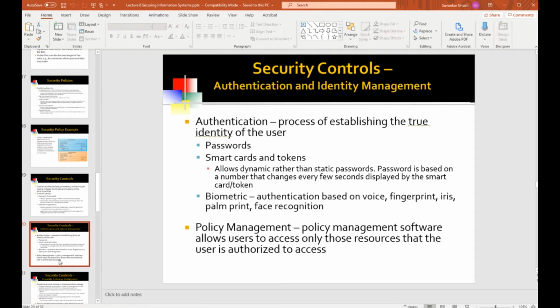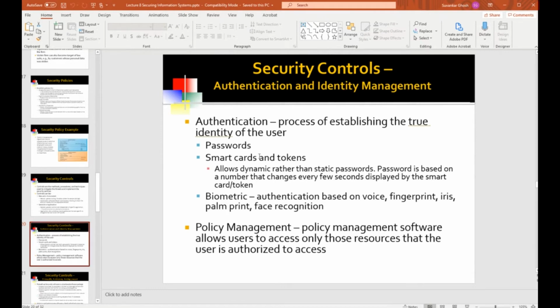It could be even a physical control, which is keep sensitive information locked up in a physical safe. Well, that is a control as well. The safe is the control as well, the physical safe. So that too is a control. But obviously, most of the time when we talk about security controls, we're talking about IT-based, technology-based security controls.